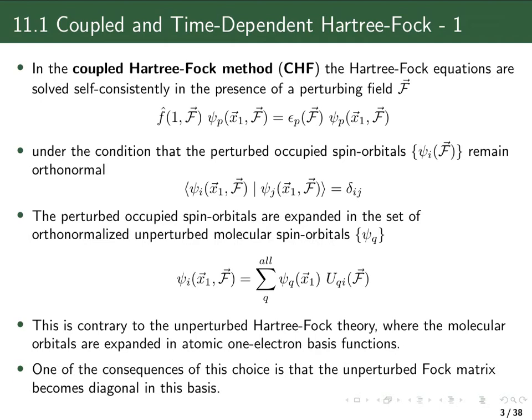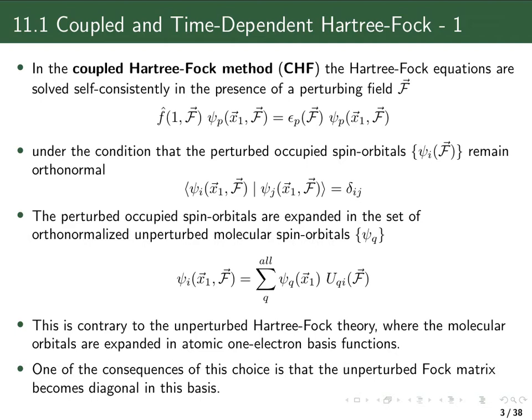In this section, I want to go through the derivation of perturbation theory expressions for second-order properties, similar to what we have done in chapter 3, but now not starting from the exact Schrödinger equation, but starting from the Hartree-Fock equations, which means that we will derive an approximate expression for second-order properties, expressions which are consistent with the approximations made in Hartree-Fock theory. And this approach is called the coupled Hartree-Fock method, CHF, or sometimes also the coupled perturbed Hartree-Fock method,